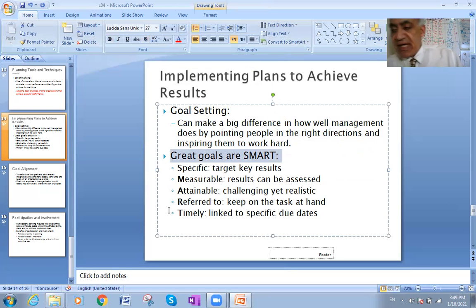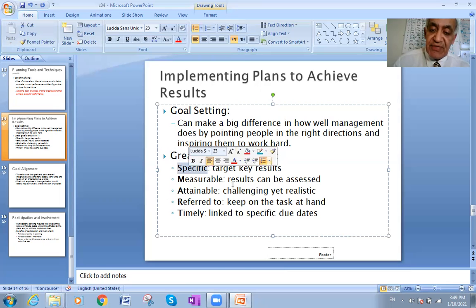Create goals as SMART. What are the SMART in setting a plan? SMART is actually initials of 5 words. Let's go and see these 5 words. What are they? So your plan must be specific. S of SMART, like you see here. Must be specific. Must be able to measure.